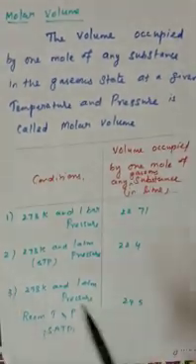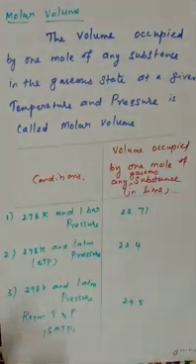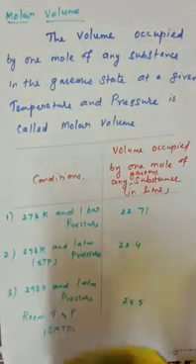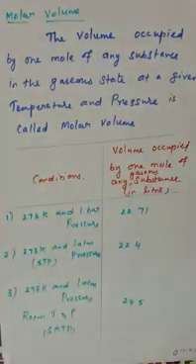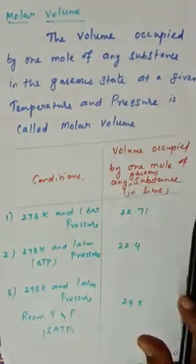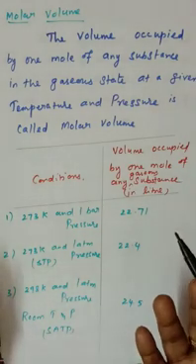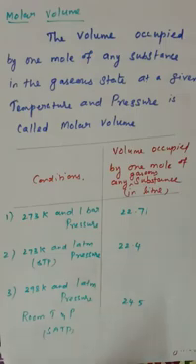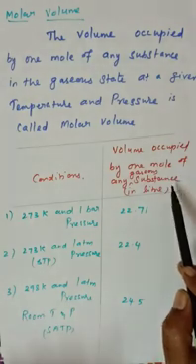Suppose the volume occupied by 1 mole. If you are drinking water, the simple water can is the molar mass. Suppose it is filled with water, that is the molar volume. It weighs some weight, that is the molar volume. So, the volume occupied by 1 mole of any gaseous substance in liters. If I take one tiffin box, that is the molar mass. If I put something inside, some mass will be there, that is the volume. So molar volume is different from molar mass, don't confuse them.